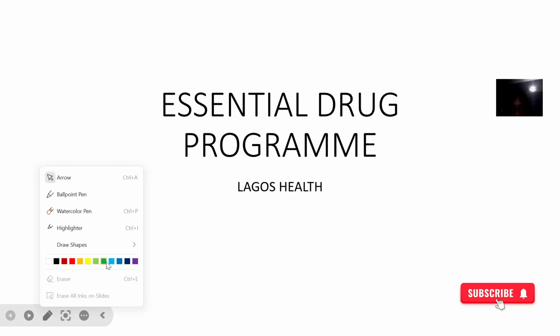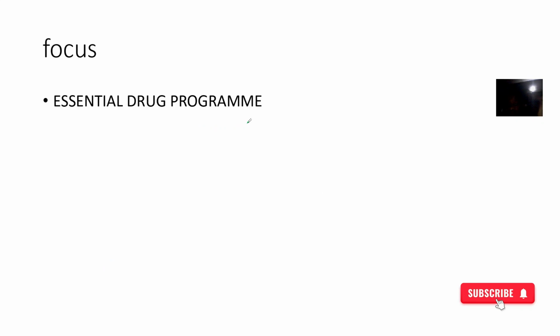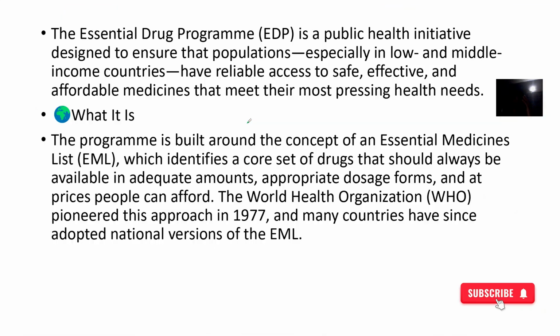Now, in order to ensure that a particular population, regardless of whether somebody is rich or poor, or regardless of the location of the person, can access some basic drugs that they need for their health, the concept of an essential drug program is what is implemented. So in an essential drug program, you should just know that it's a public health initiative and is designed to